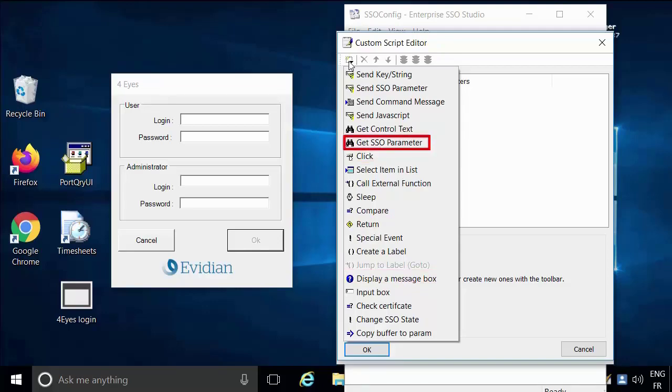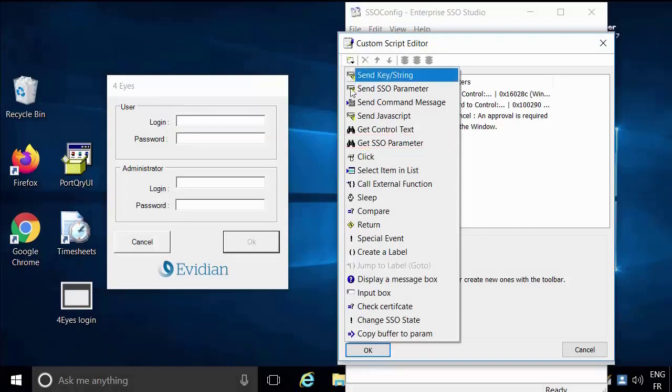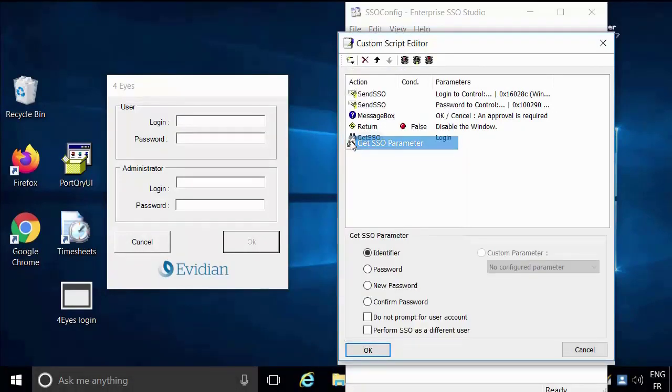SSO parameter. Get SSO parameter is used to retrieve the value of an SSO parameter from a user account and copy it to the memory buffer. Leave identifier as the SSO parameter to save. Then click on Perform SSO as a different user to authorize the single sign-on execution of a second user for